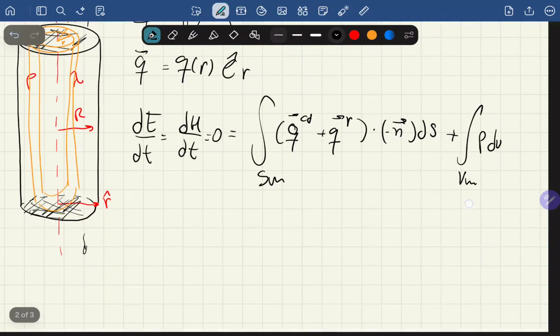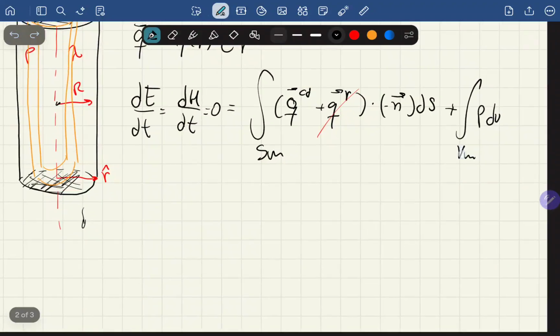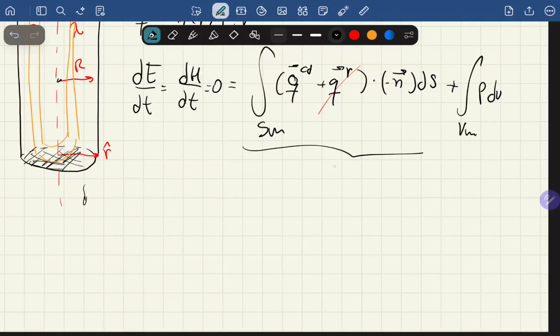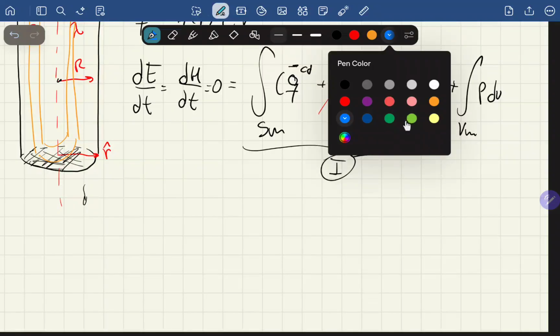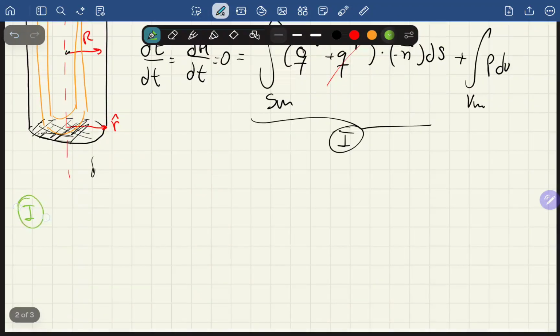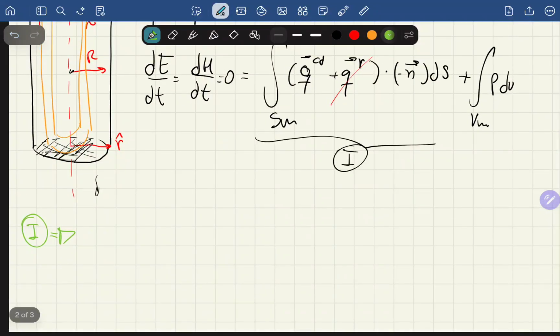Okay, so there is no radiation going on. It's an opaque, I think this is how you pronounce it in English, opaque solid and fluid interacting. So this is going to be just convection from here to here, and conduction on the fluid outside, coupling, right? So we're going to have this integral over here. I'm going to call it 1, and I'm going to write it with a different color, to make it prettier. So we have the integral 1. What is this equal to? Just a reminder, this integral over here